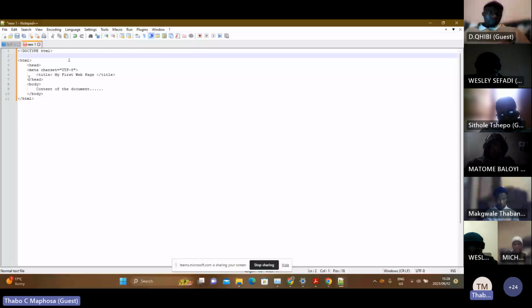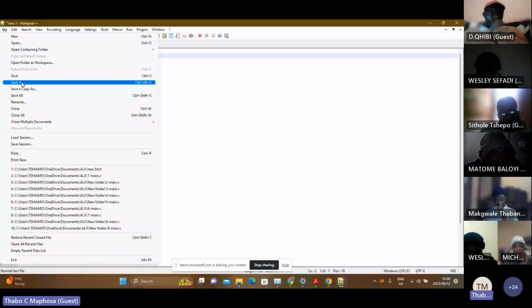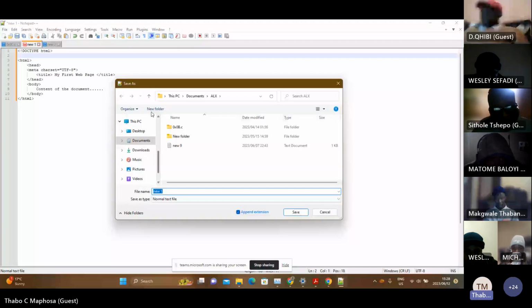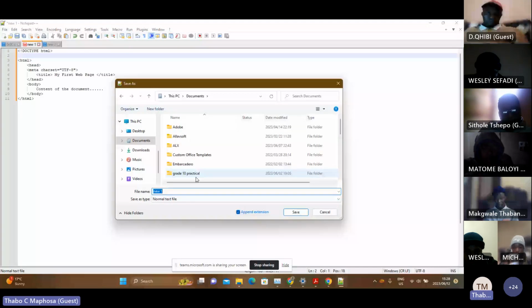So now this is what I'm going to do. For me to make this text a little bit nicer, I'm going to do this. File, and then save as. Notice it will ask me how exactly I want to save this document. So I'm going to save it under, let me do this, let me open a new folder.